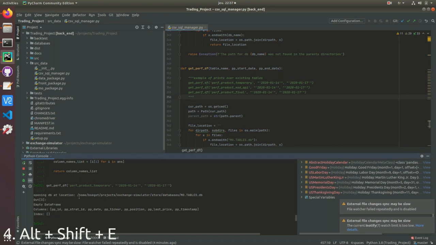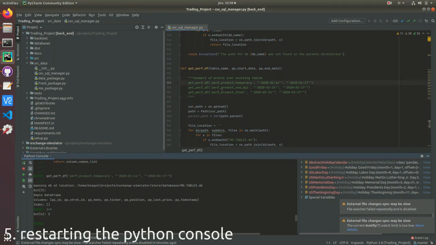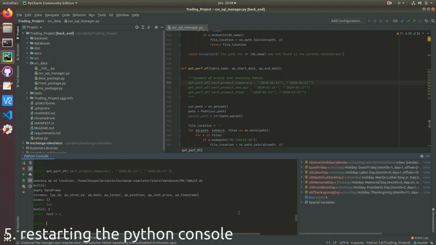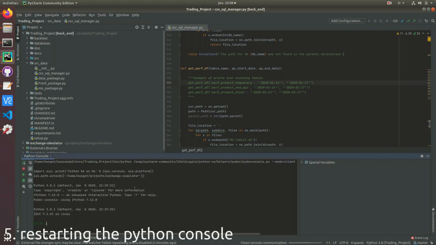an empty data frame returned. Now, let's suppose we run some code and we instantiated a lot of variables that you can see in the bottom right here. Lots of special variables, and for example, here we have the int test or data frames, etc. You want to reset this. Here you have the button return, which is going to reset your whole Python console and every variable and everything. It's sometimes helpful. You also have the stop console, when you have a while loop which is stuck,